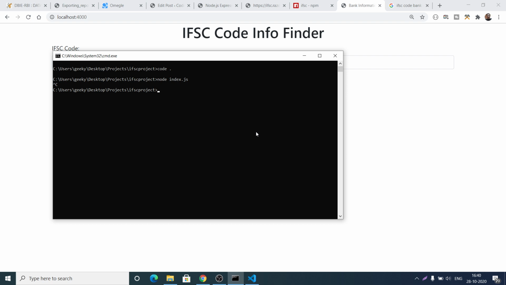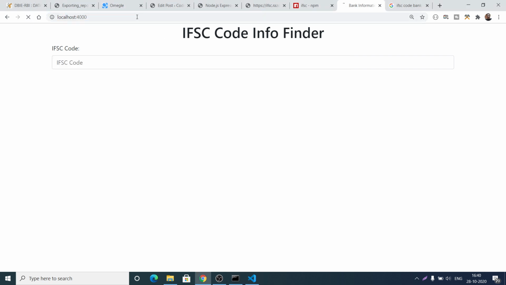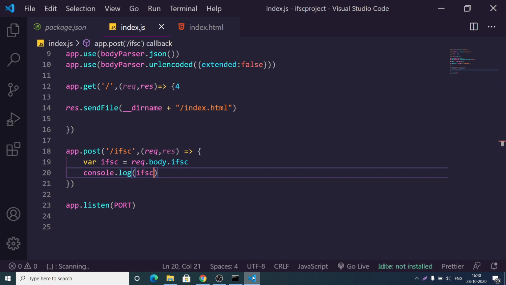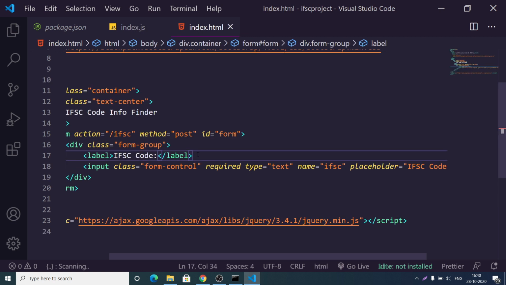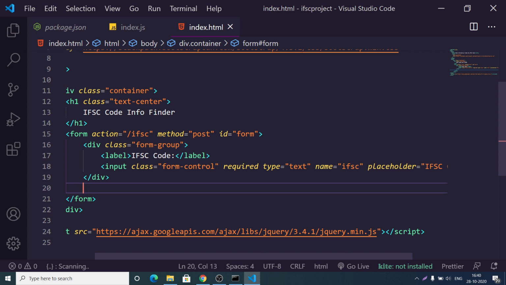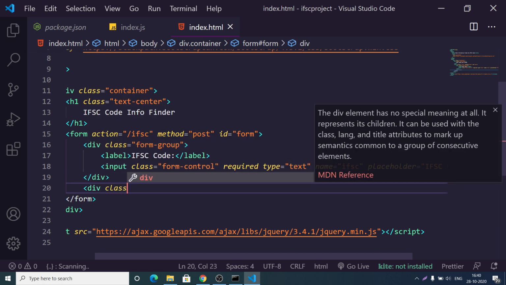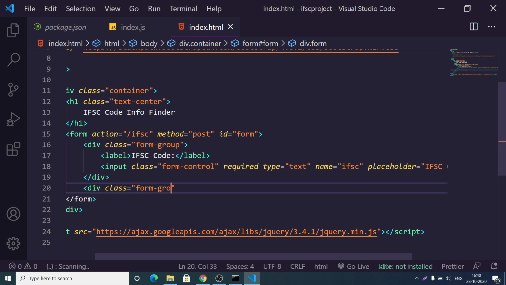So we once again need to relaunch this application. So if you refresh this application, and also we need to have a button here in order to submit the form. So just after this we again need to wrap this inside form group.